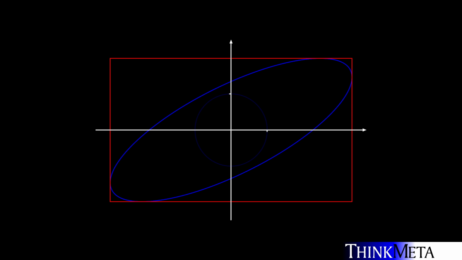To compute the bounding box, we need to find the tangency points between the bounding box and the transformed ellipse. A typical method in graphics is to represent the ellipse using Bézier segments and then estimate bounding limits through curve extrema. It works, but it's more complex than necessary. So in this video, I'll show you a much smarter and exact method.